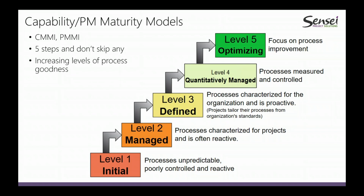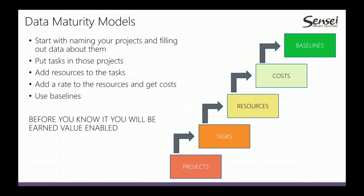And then how do you build on that data, and how do you start to collect that and look at that? So I sort of stole this idea here, and I applied it to the level of data that makes sense within the Project Online database model. All right, so essentially the first thing that you really start to be able to collect in a Project Online